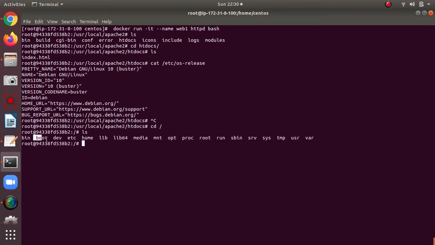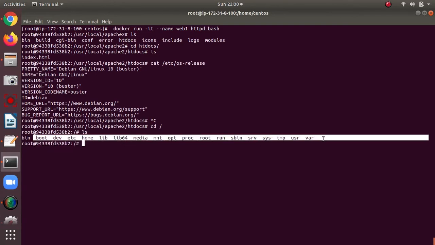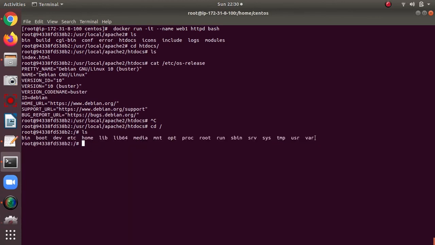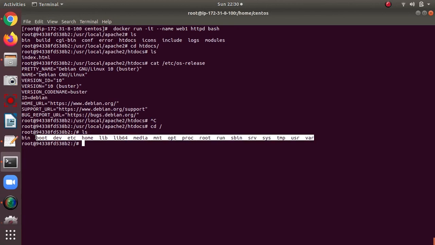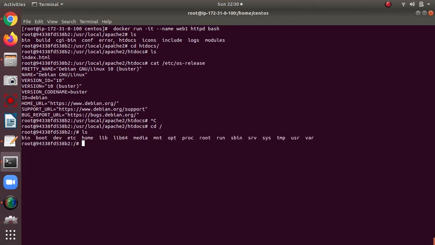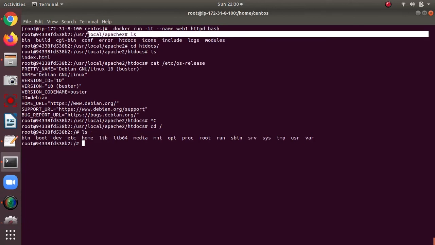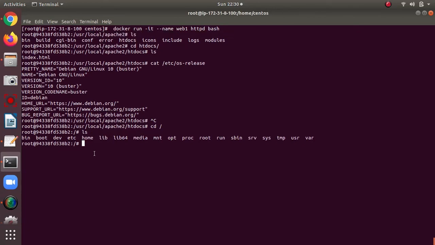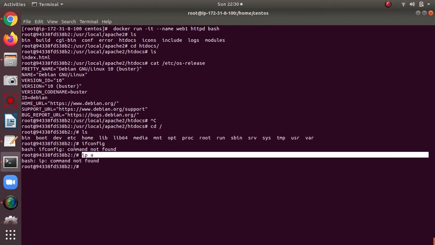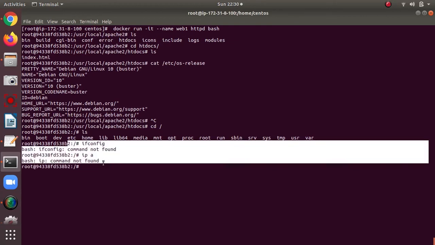It will not give you all the infra we have on the local machine, the local OS. It will not give you the same OS packages locally. Whatever is needed, it gives only the HTTP application, that's it. It will not give all the commands. If I type ifconfig, you see, it gives an error. If I type ip a, this package is not available here, so that's why it's very small inside.